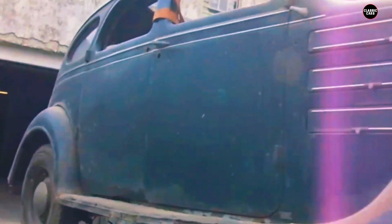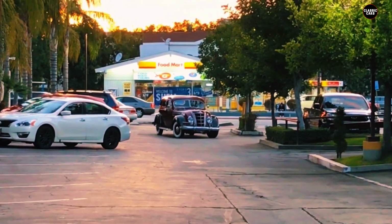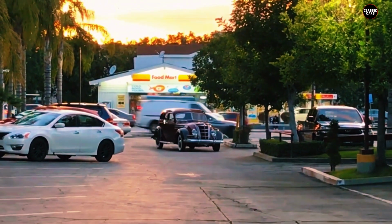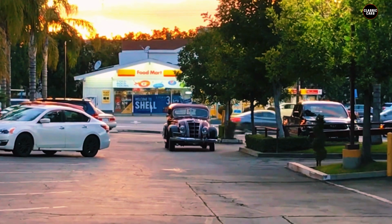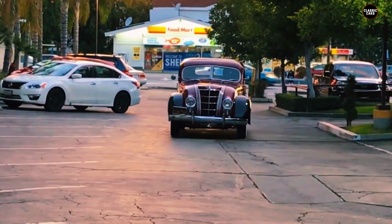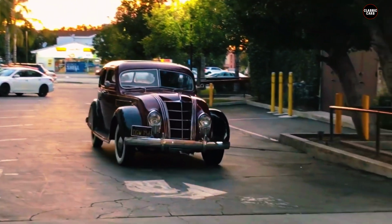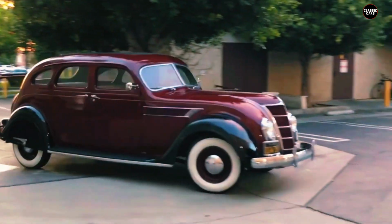The failure of the Airflow had far-reaching consequences for Chrysler. The company had invested heavily in the development and production of the car, and its poor sales severely impacted their financial stability. Walter Chrysler, the company's founder, had championed the Airflow, and its failure was a personal and professional setback for him. In the years following its release, Chrysler shifted back to more conventional designs, learning from the costly lesson